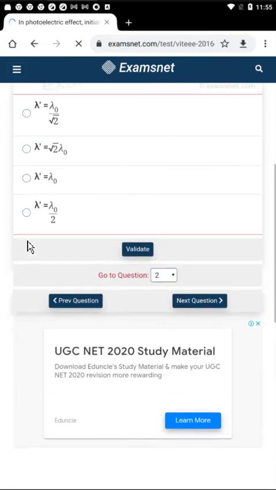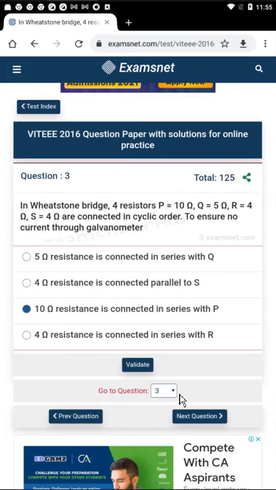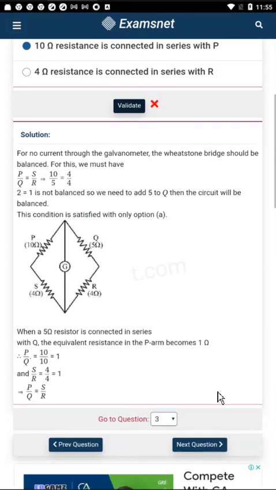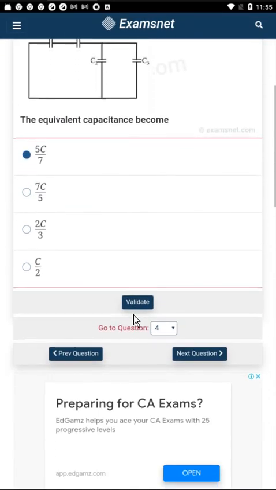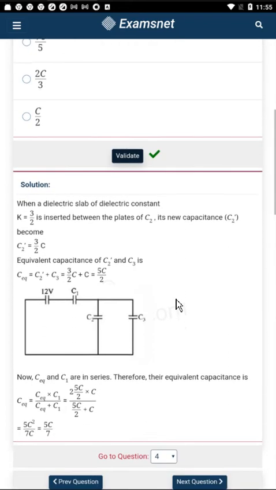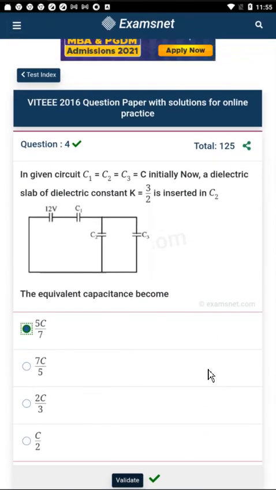If you want to practice on a laptop or computer, this will be very useful, because it can be seen on a bigger screen. So like this we can practice all these tests an unlimited number of times, and this website is very helpful for students who are preparing for VAEEE exams.